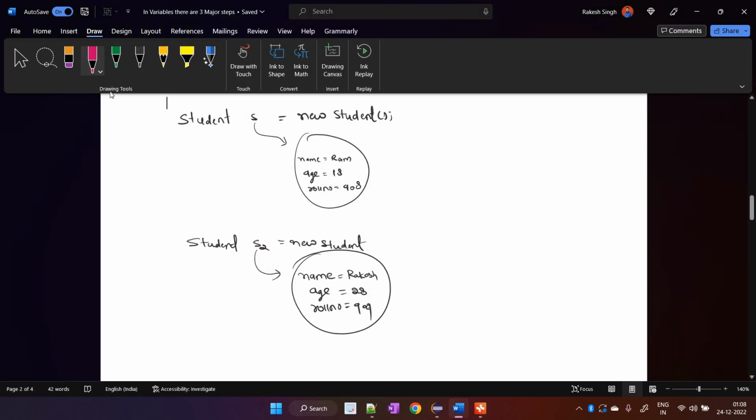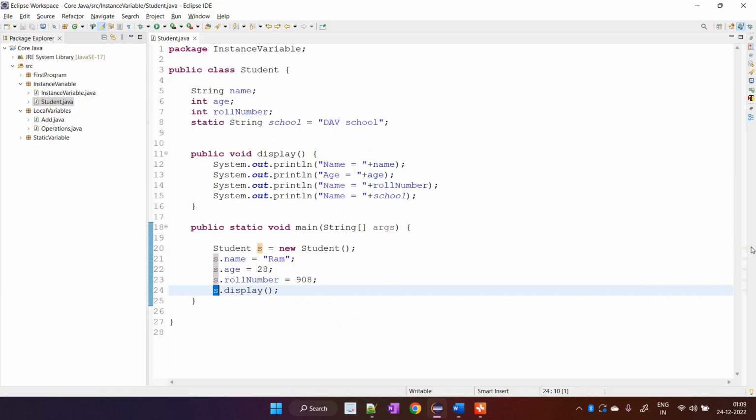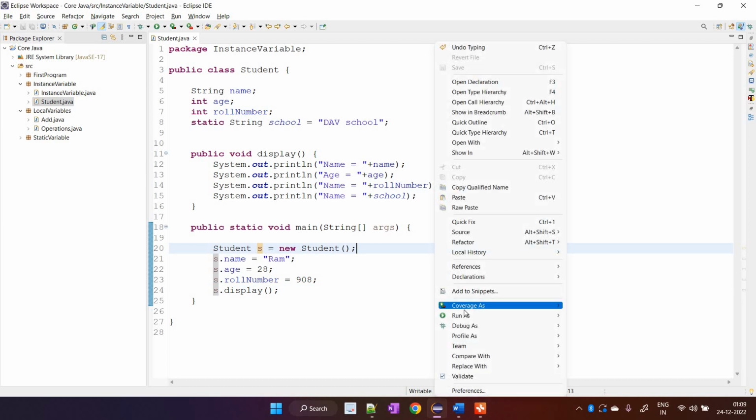Inside this one method is also there, that is display. It will use all of these values and print. Here also display is there. It will call all of these values and print. So let's have a look. Let's see how things are going on. So let's have a look. Run as